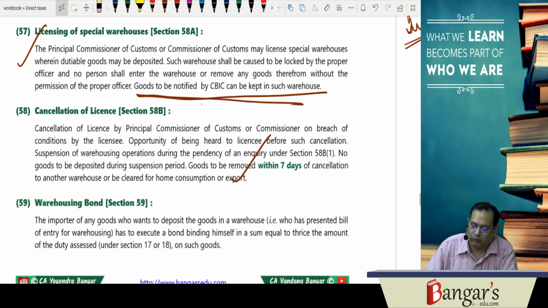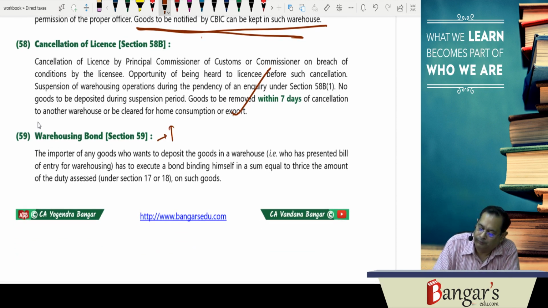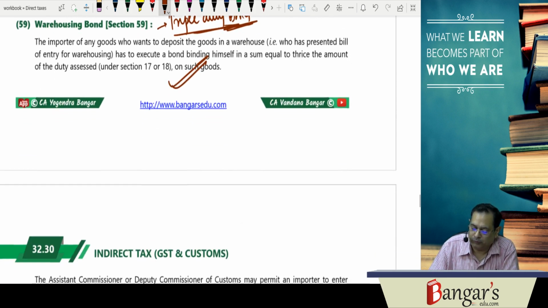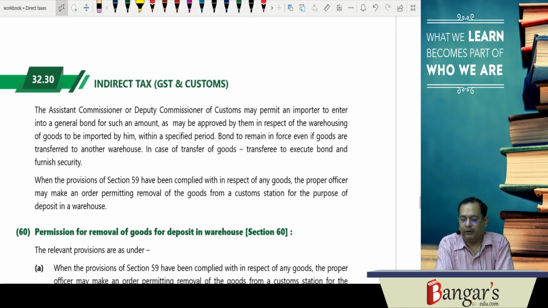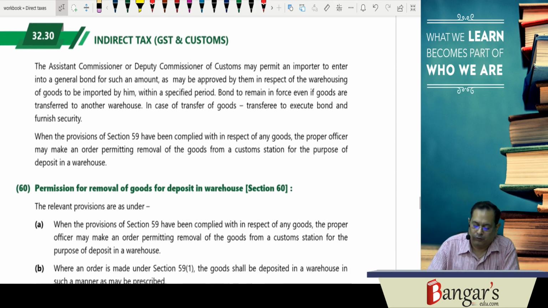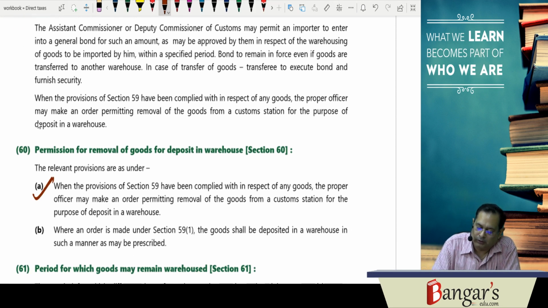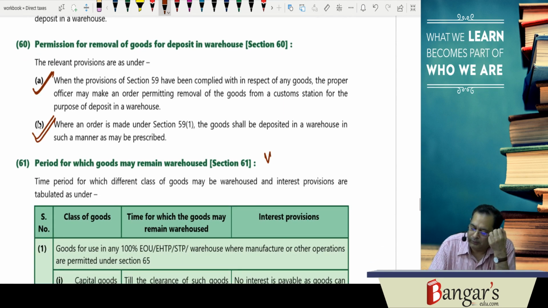We have to execute a bond for triple the amount of duty. That is, the warehousing bond is to be executed, and once you execute the bond, you will get the order for deposit of the goods in the warehouse. Now this is very important, you remember